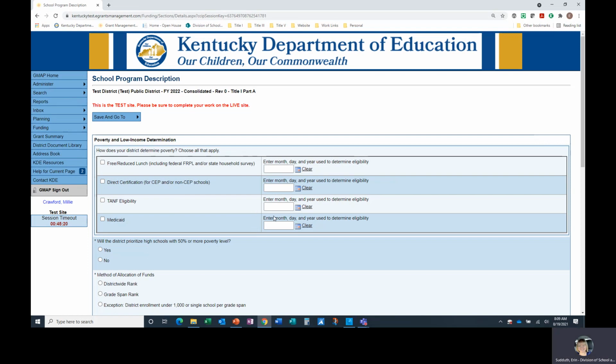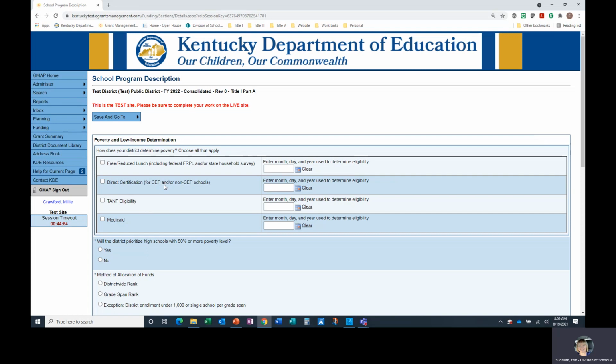The date selected must be a date from the previous school year that school was in session, unless another date range has been approved by the U.S. Department of Education, such as during the COVID-19 crisis as a part of COVID flexibility. At least one low-income measure must be selected. The low-income measure you select on this page will impact the low-income numbers you input on the school eligibility page.